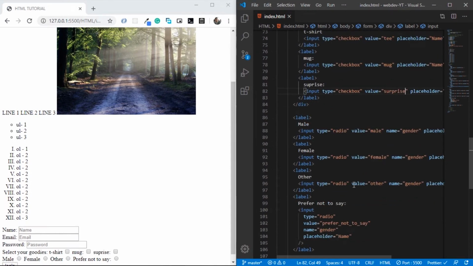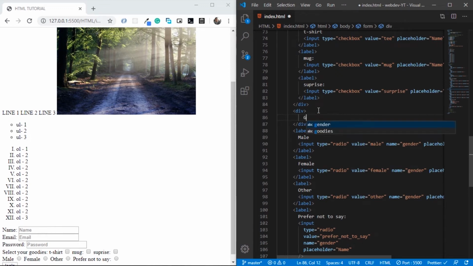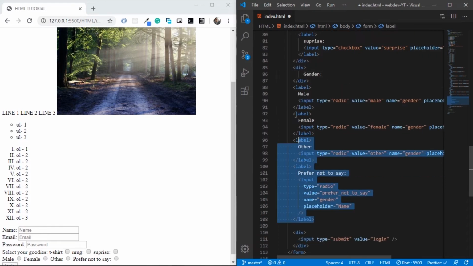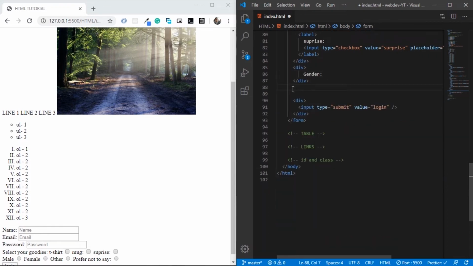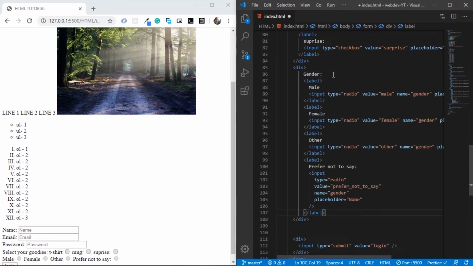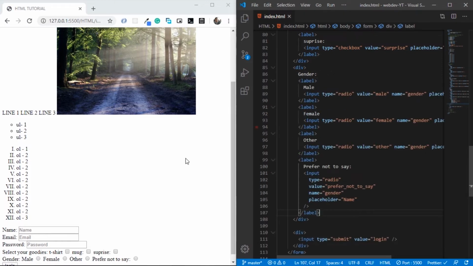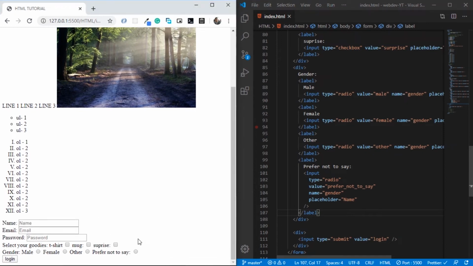Okay, now let's add another div for gender. Let's make it fast. Gender. Cut it out and put it here. Now it looks cleaner than inline, right? So now to be able to submit it,